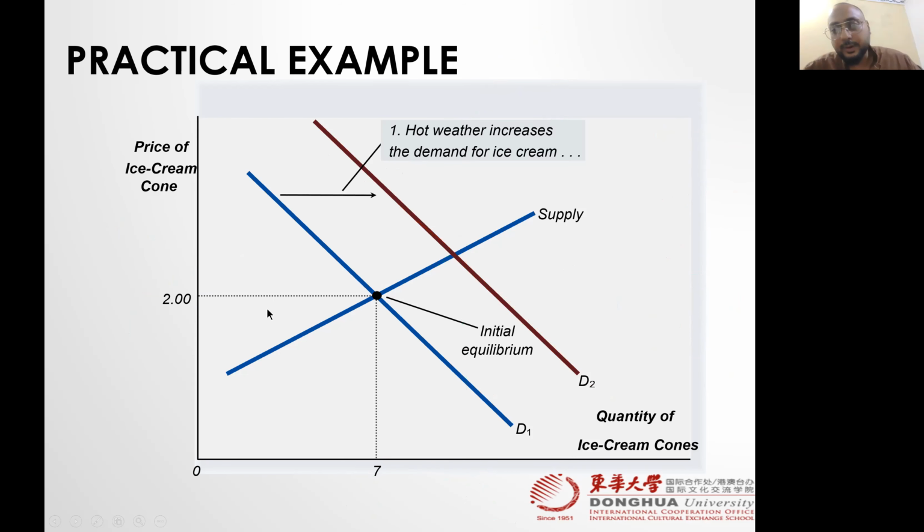Let's see. Very nice diagram here because my handwriting is not that good. Here we go. See, due to increase in the demand for ice cream. So recall our discussion regarding shift. When there is an increase or decrease in quantity demanded or quantity supplied, and the reason is not just price. So hot weather is a cause to increase the demand, not the price. It means we are having a shift.